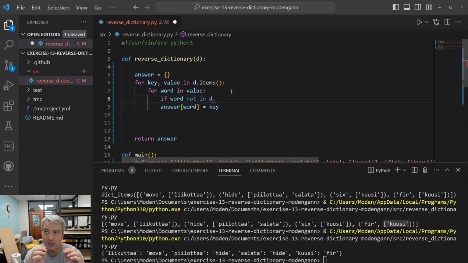So basically, I need to check to see if our new key is already in the library. Like for example, in here, the K word. I need to check to see if it's already in the library. If it's already in the library, then I should